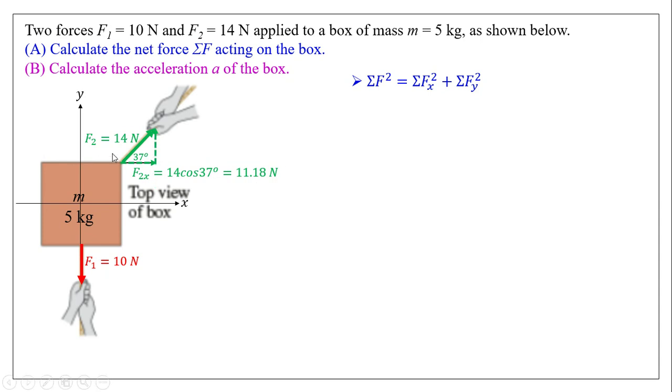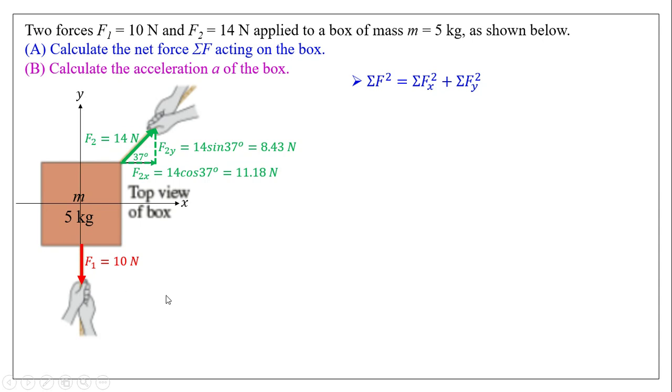Because it is a diagonal, you also have to have an F2y. Essentially, you're just trying to find the run and rise of each vector. F2y here is the same process. It is 14 times sine of 37. It's sine because this F2y is the opposite leg of this 37-degree angle, and opposite in geometry is sine. Okay, and if you punch 14 sine 37 on your calculator, you should get a value of 8.43, and that's it. F1 does not have any x component because it is directly down the screen here, which is already perfectly